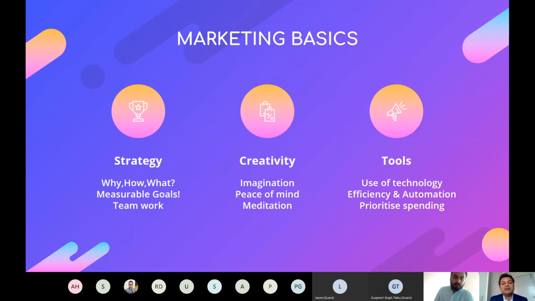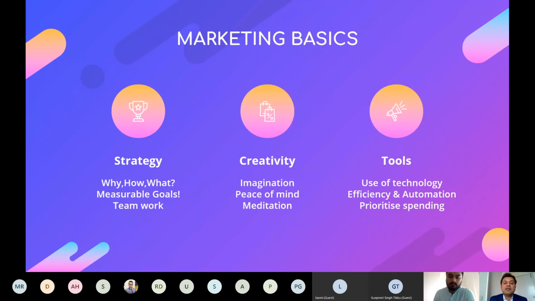What I mean by that is we must be clear about why we are doing what we are doing, how we are going to do it, and what measurable goal we are looking at the end of all this. And teamwork. While we all are away from our offices, it is more important that we collaborate with our teams and continue working like before, not only to formulate the strategy, but also to execute it.